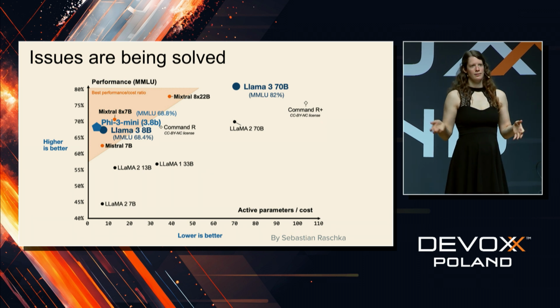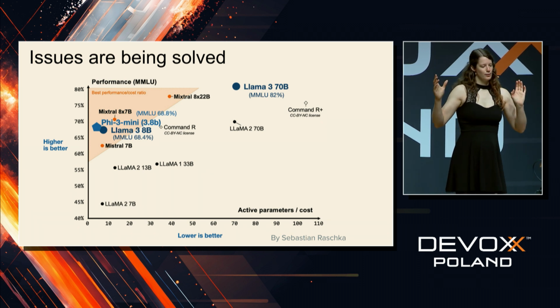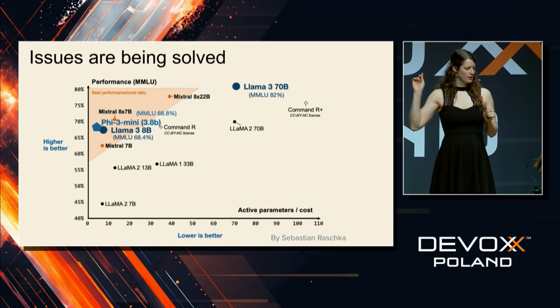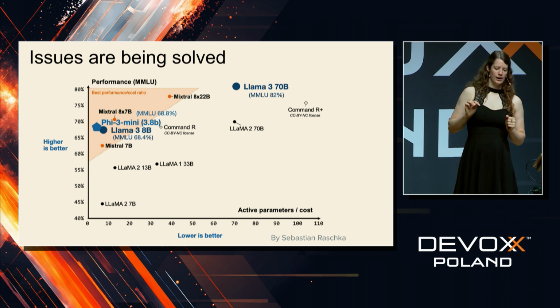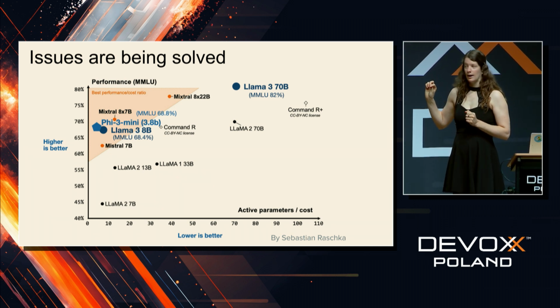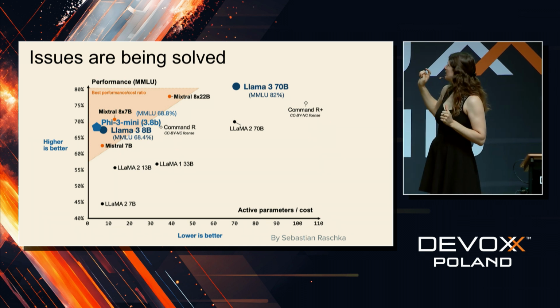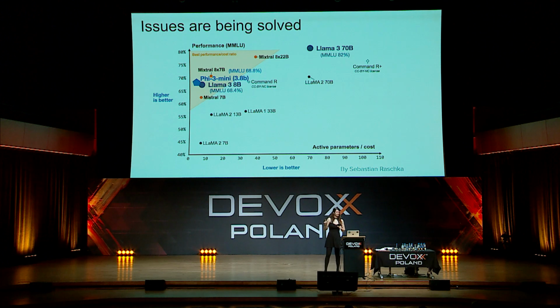Another thing, for example, is model size. They went down a couple of orders of magnitude already compared to 2 years ago. What you see here on the graph are some open source models and their size. On the left, you have Phi 3 Mini and Llama 3 8B. These are 2 open source models that you can just download, and they're a couple of gigabytes. Phi 3 is 3.5 gigabytes, just to download the entire model. Then you can run that locally on your computer, and it's performing almost as good as GPT 3.5.